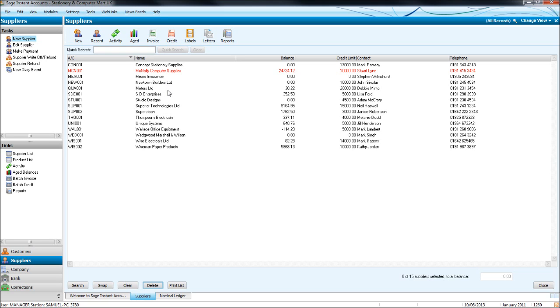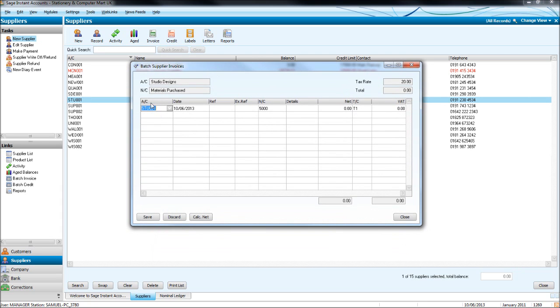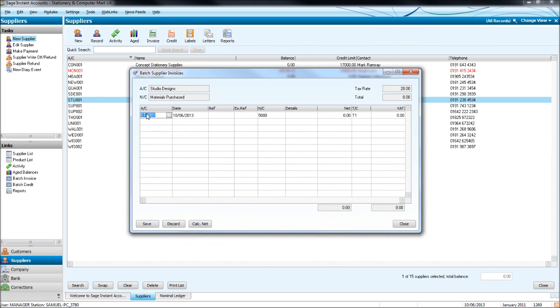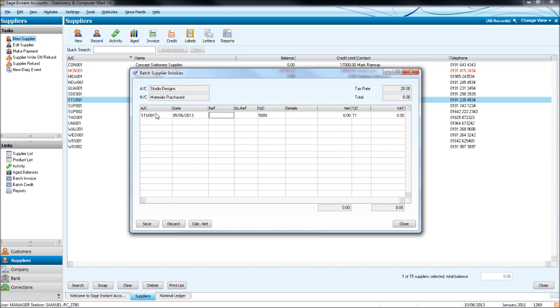So how do we post an invoice on Sage from a supplier? Well, let's say we received an invoice from Studio Designs. We would click this invoice icon at the top here, and this box will appear, batch supplier invoices. It asks for the account code. Because we have highlighted Studio Designs, it brings up automatically. Put the date of the invoice in, the reference of the invoice,